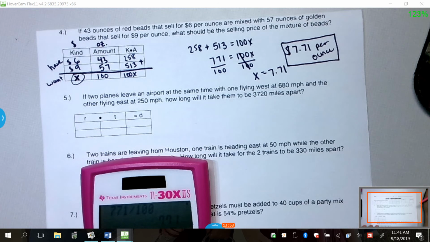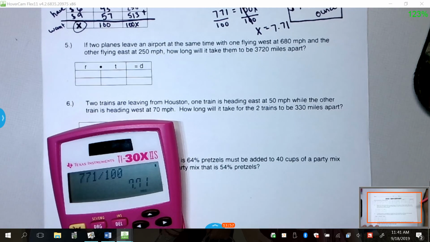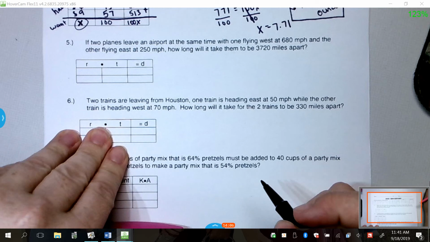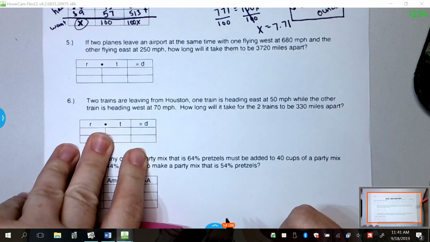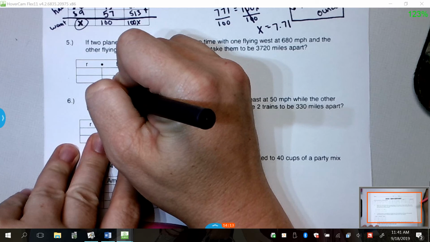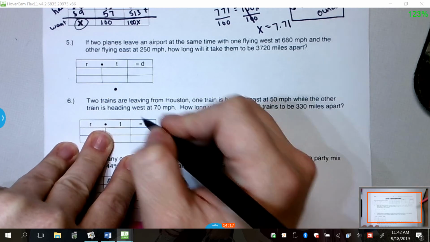Okay. So let's look at number 5. If two planes leave an airport at the same time, with one flying west at 680 miles per hour and the other one flying east at 250 miles per hour, how long will it take for them to be 3,720 miles apart? So we want them to be apart. They're both starting at the same place. One's flying west,